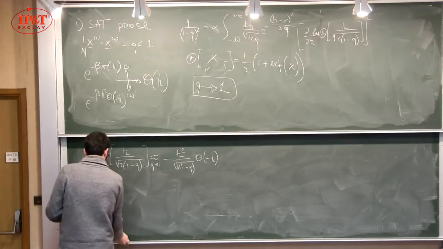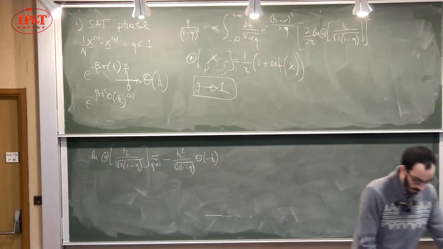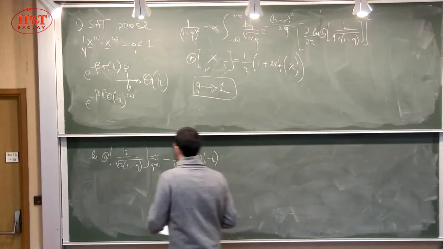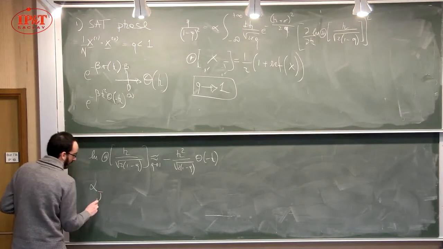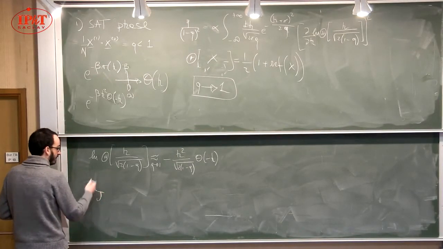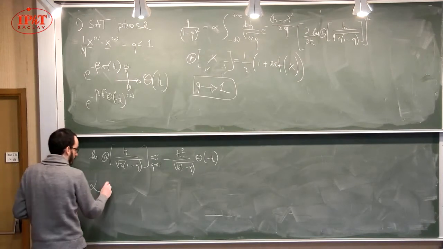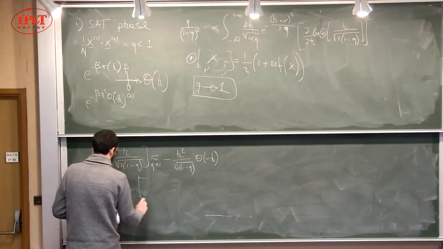And in this way, you get that the satisfiability threshold, which I call alpha j, j stands for jamming, because here the satisfiability threshold is a kind of jamming transition. This is just given by